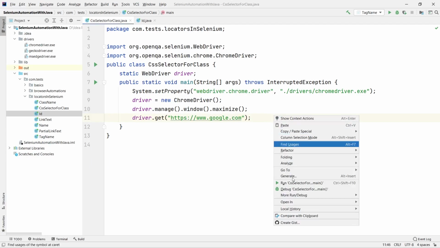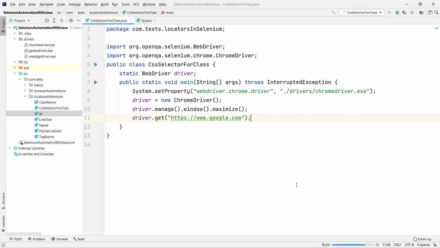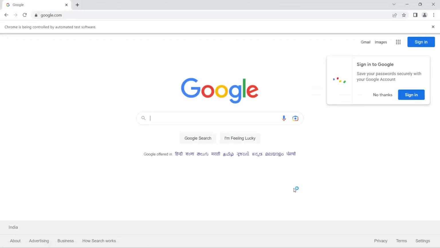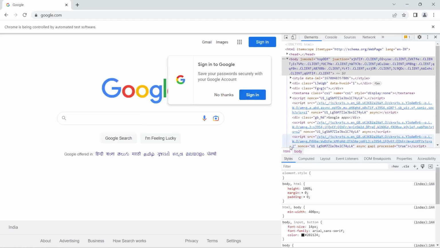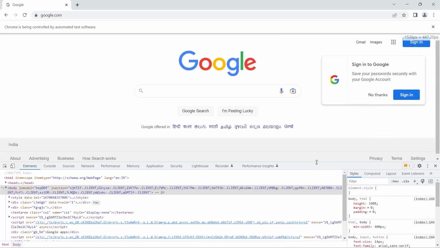Okay, first let me run this program. Okay, it has started Google, and after that I want to click on this Gmail link, okay, by using the CSS selector for class. Let me show you. I have already done that before, that's why I know that. For you it might be new. So right click and inspect. We already know this, right? So just make it come down,